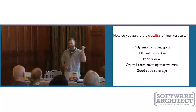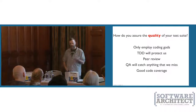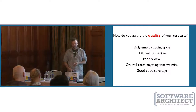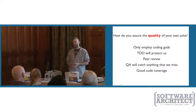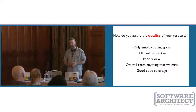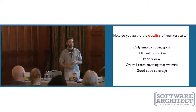Peer review is, as was mentioned by the audience, that and pair programming both work together to help keep the quality good, because you've got at least another pair of eyes looking at it before it gets committed. This is one that is very common, which is QA is going to catch any problems. Now, that's obviously not keeping your test suite high quality, but at least it's trying to stop defects from escaping into the